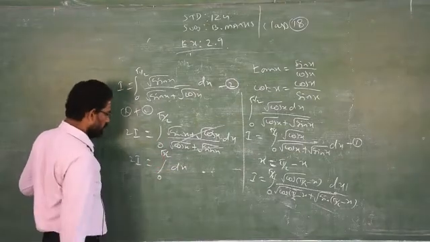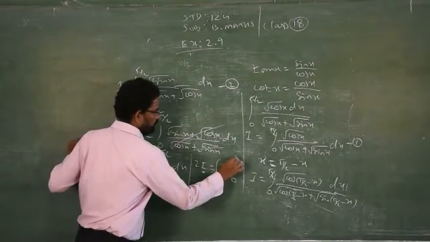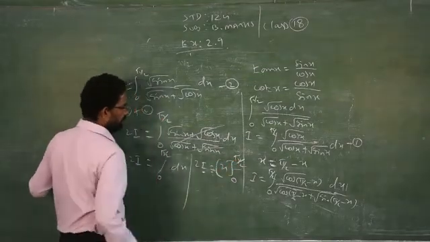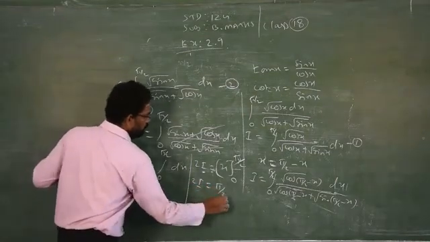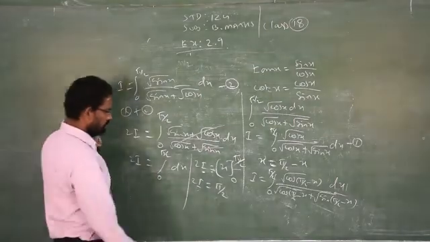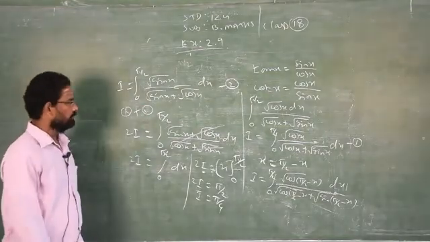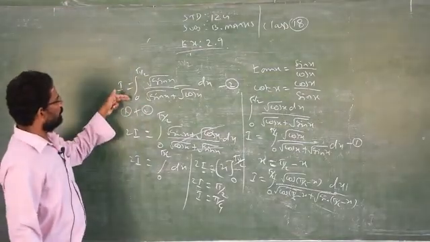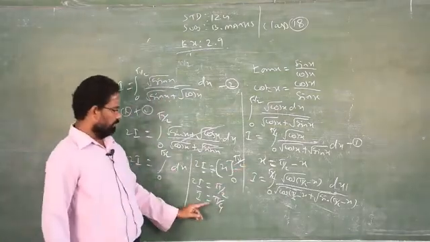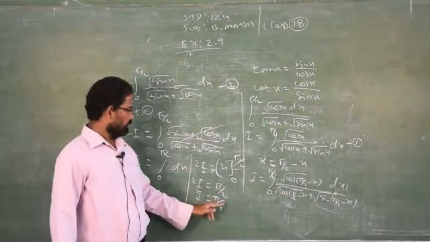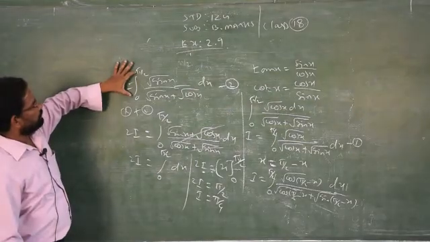What is the integration of a constant? x. So 2I is equal to x from 0 to pi by 2. Apply the upper limit and the lower limit. The lower limit is 0, so when you replace it, you will always get 0. So I is equal to pi by 4. That's all. When the limits are given as pi by 3 and pi by 6, it is the same model, no difference. Only the final answer will be different. Clear? So the last part will change with respect to the given limits.